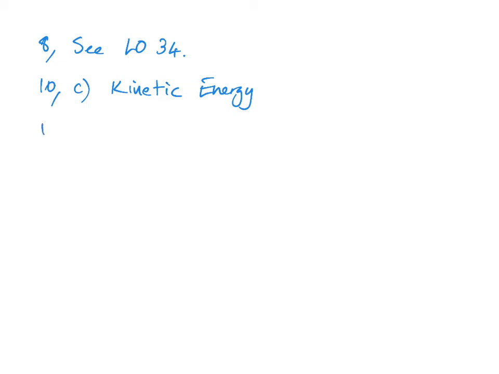Now the main one I wanted to look through with you was number 11, this once again is an estimate one. Now I did give you a worked example similar to this sort of one. So in the question you're told the height, we're listing our variables. We assume it's on Earth unless it tells us otherwise, so we know that g is 9.8, but we have to estimate the mass. So a reasonable estimate for a student would be around about 50 kilograms, but you could probably pick anywhere between